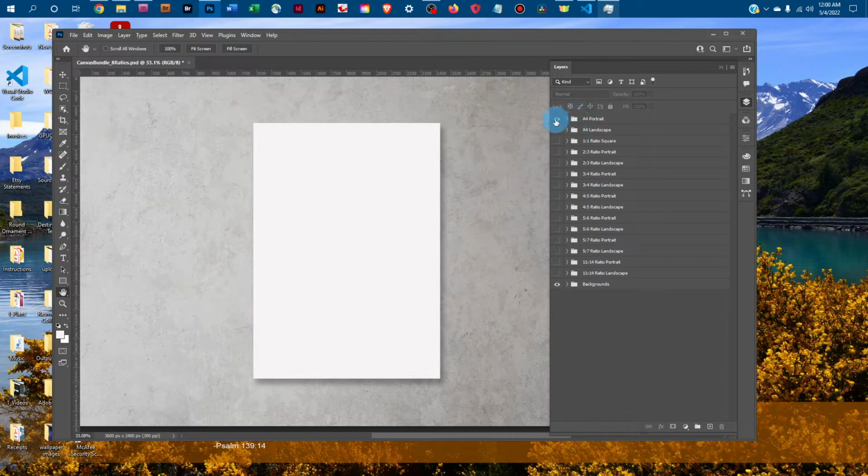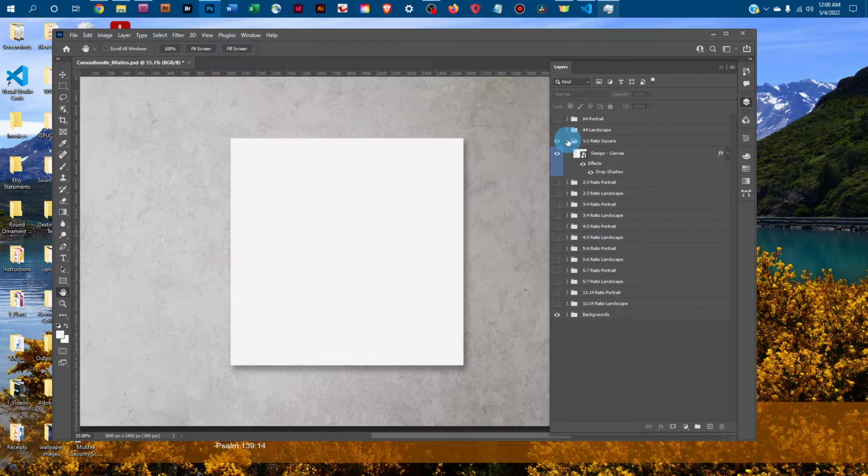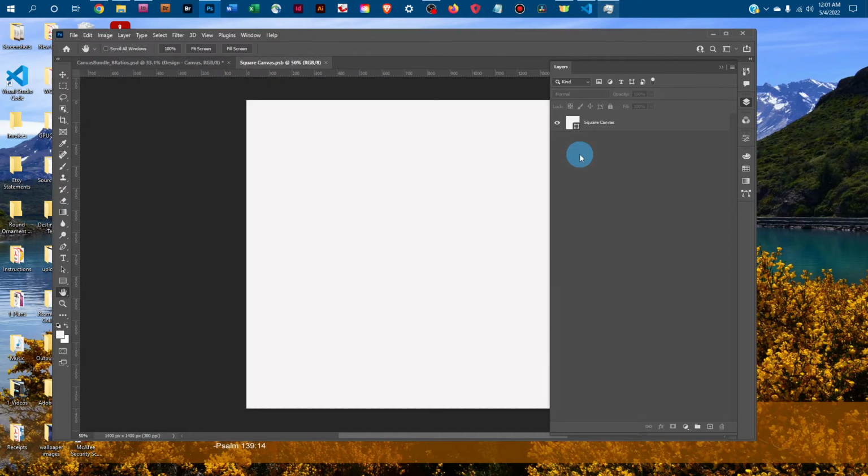And then you just want to find your desired canvas layout. So let's say you want to use a square canvas. You just click the box next to the 1:1 ratio square layer to turn that on, and then click the eye icon next to A4 portrait to turn that layer off, and then click the arrow in the square layer to expand the layer group, and then just double click the thumbnail icon in the design-canvas layer to open up